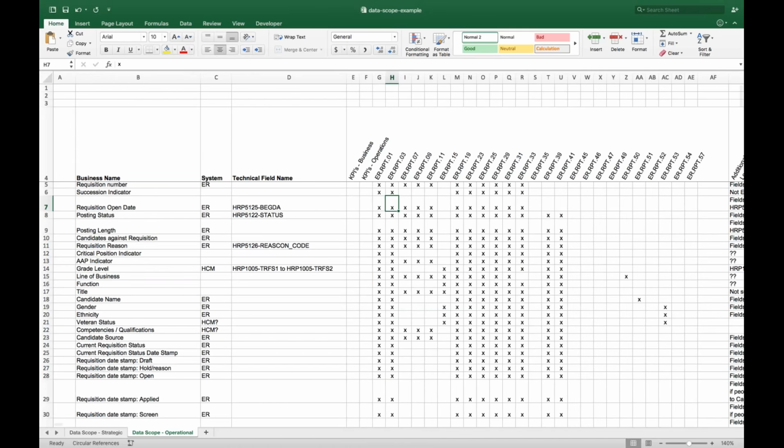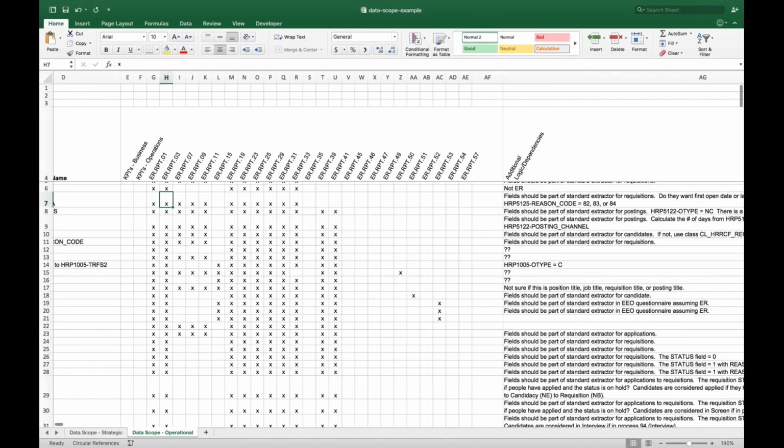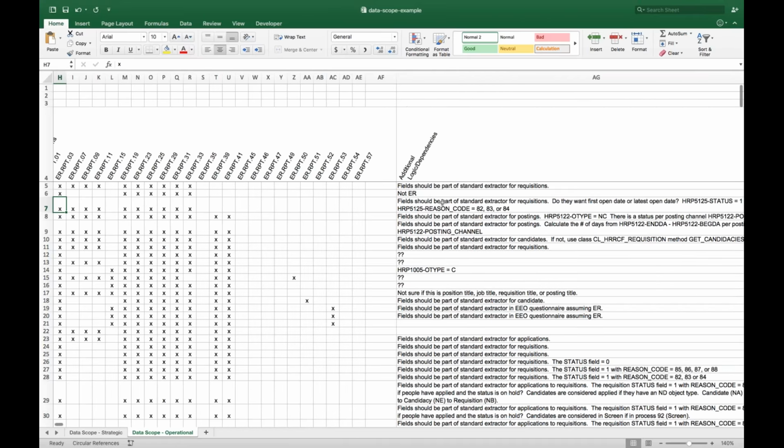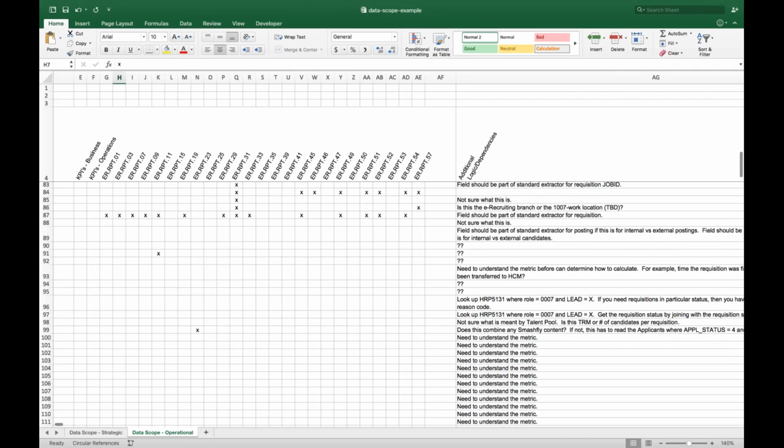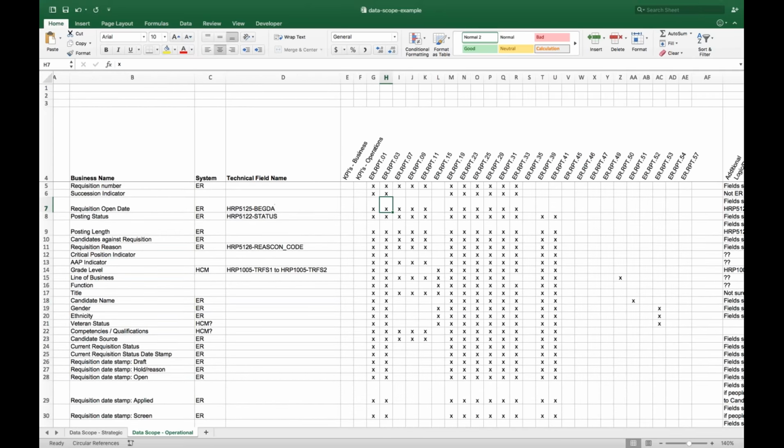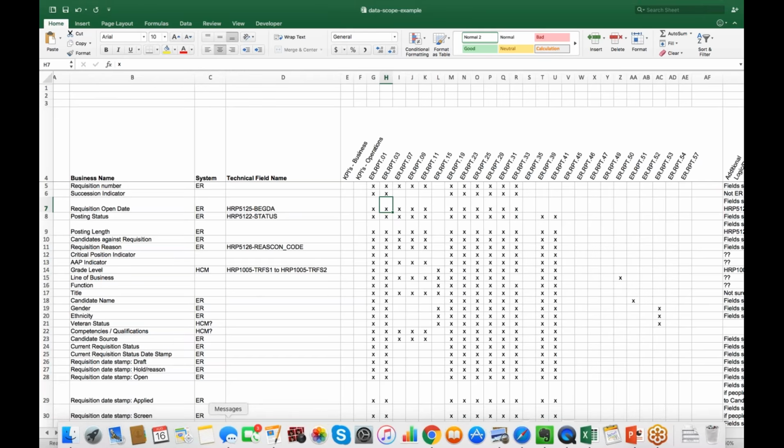Again, on the right-hand side, you have additional logic and dependencies, etc. So this is a good amount of work and effort that you can put in before you ever walk into the executive's office with a blank piece of paper and say, so what do you want? So we're going to talk a bit more about an operational strategic dashboard and some of the gotchas associated with that as the webinar continues.